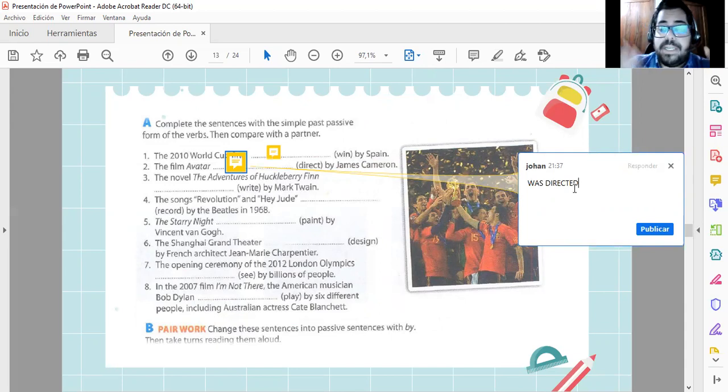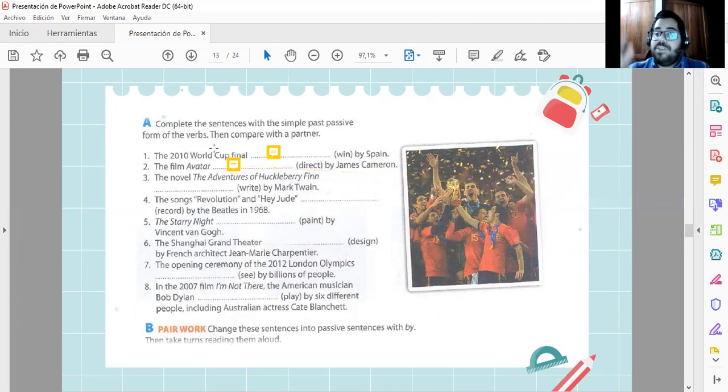Okay, teacher, this is simple because it is only completing. Yes. Remember, we use was if it is singular, we use were if it is plural. Okay, so try to complete this, guys. If you want, you can pause the video in this moment and try to do the exercise. Okay, we're gonna check this in the class. So try to pause the video here.